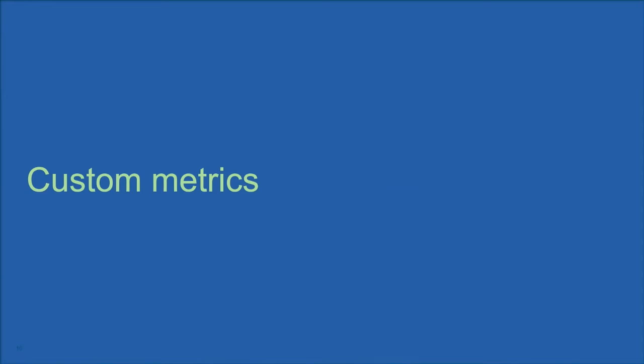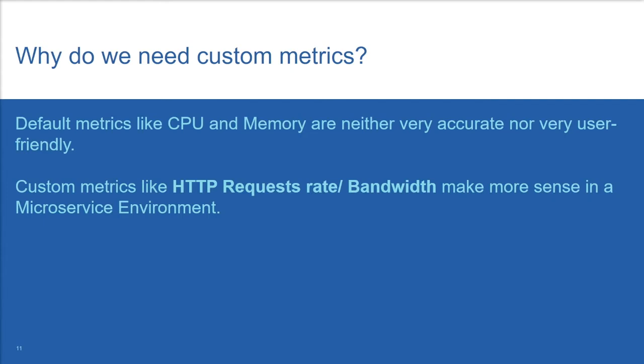Now that we have gone through how an HPA should function, it is clear that HPA needs some metrics to work with. It could be CPU usage as seen in the previous animation, or other metrics depending on the application we're talking about. So let's see, why do we need custom metrics? By default, CPU usage, more specifically CPU percentage, and memory were the only metrics available for users to scale with. While this is theoretically possible, it's very impractical. Some applications may be able to make use of these default metrics, but it's really hard to calibrate it.